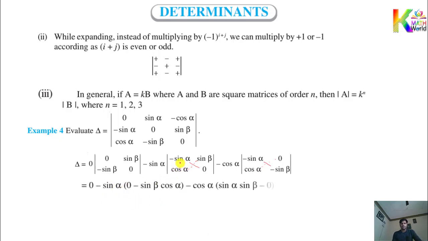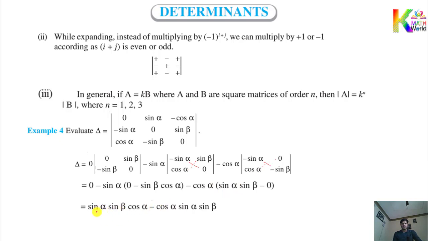So minus sine alpha, then 0, and this will become minus sine beta cos alpha. You can see here outside minus cos alpha as it is, and the product of these two, minus minus plus, you got sine alpha sine beta, then this will be 0. Now the simplification is there only. So minus minus plus, this got multiplied, so you got plus sine alpha sine beta cos alpha. Same way, outside is minus cos alpha, that got multiplied, so you get minus sine alpha.